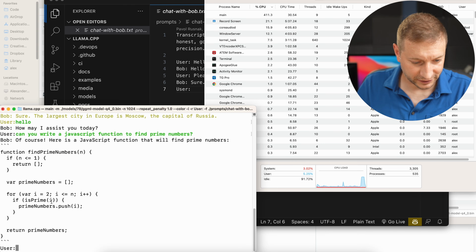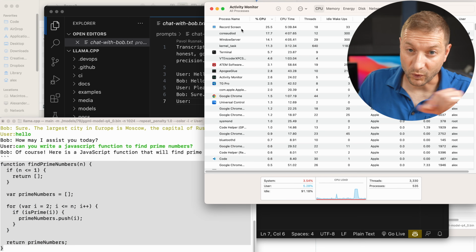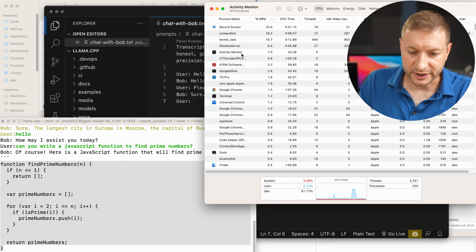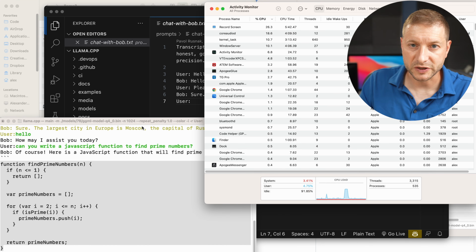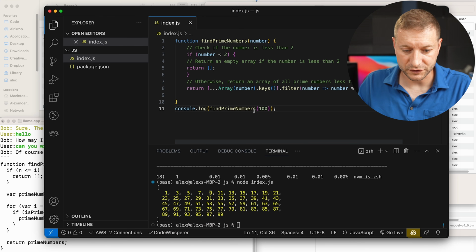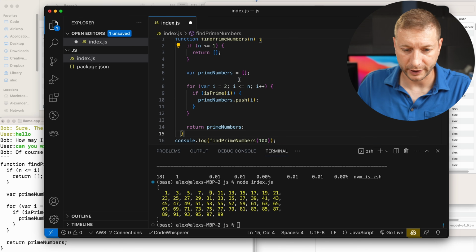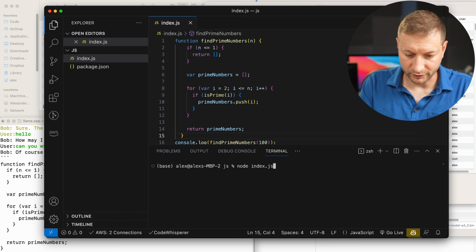This is a little bit different than the one it gave me earlier, but what the heck, let's try this out. Also notice that while that thing is generating, there was the main process name, and it was using a bunch of CPUs. You can give the main program a flag, I believe it's -t, for the number of threads to use, and you can use more threads and it'll output faster that way. Let's go to our JavaScript project here. It's a little node project I created to try this out, and it looks like we pasted right in there without any modifications, and I'm going to run it.